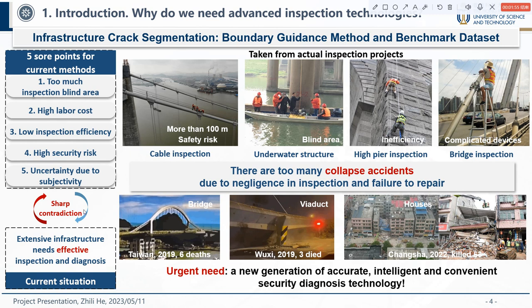So there is a sharp contradiction between the current methods and the current situation, which leads to too many collapse accidents due to negligent inspection and failure to repair. For example, in Taiwan 2019, Wuxi 2019, and Changsha 2022, too many people died because buildings and bridges collapsed. So there is an urgent need for